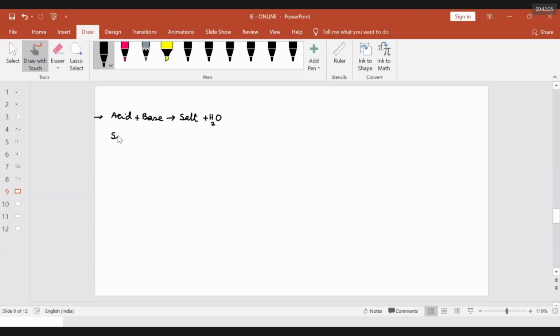Suppose, for example, I have taken a salt and this salt has been added to water. Then what happens? Nothing will happen, sir. See the above equation. It may be forming acid and base. No, you people are genius. I think you will not give that type of answer. You will give the answer, sir, there is a formation of salt solution. Yes, whenever salt is dissolved in water, we have formation of salt solution.